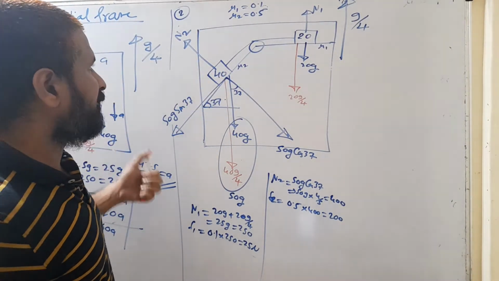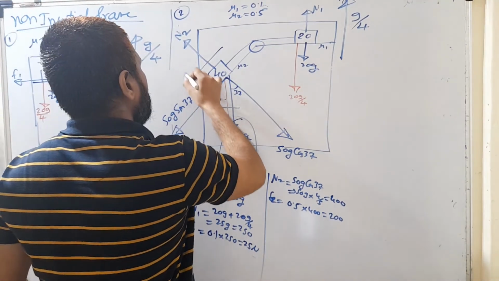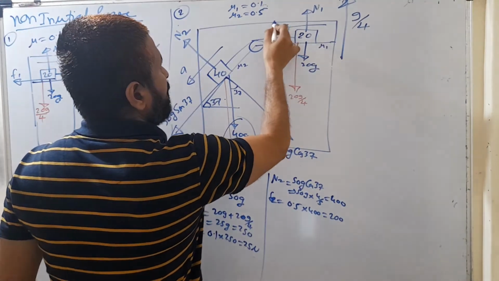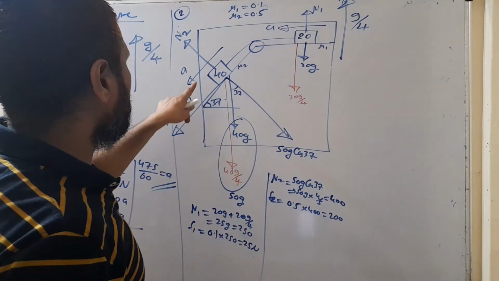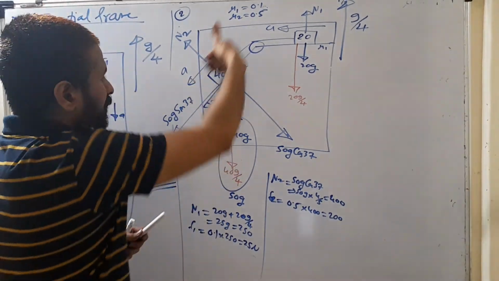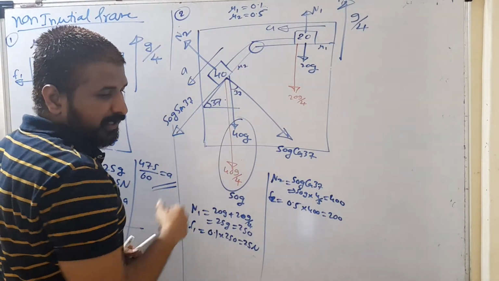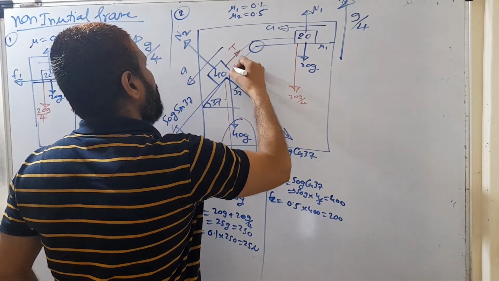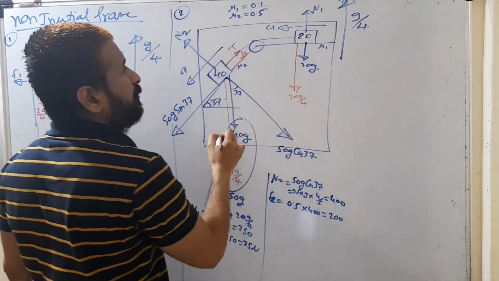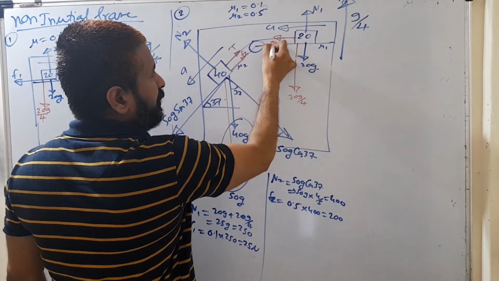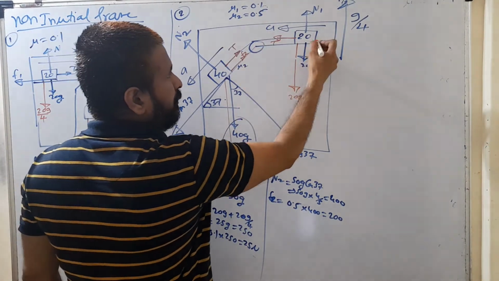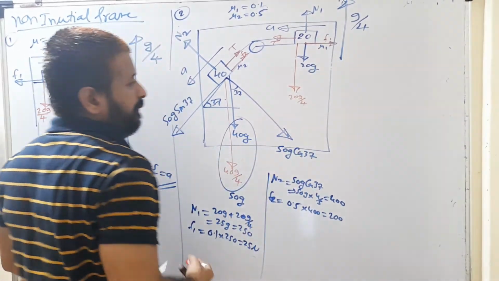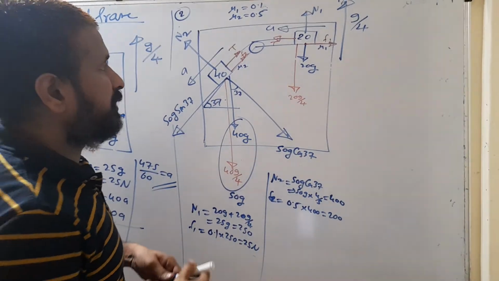This force is responsible for its acceleration. So because of this force, if it is accelerated downward, this block has to accelerate forward. Now I can write the equation. On this block, 50g sin 37 is acting in the downward direction, and against this force, two forces are acting: tension in the string and the frictional force. The frictional force here is F2. On this block, tension in the string is acting forward, and backward only one frictional force is there, that is F1.